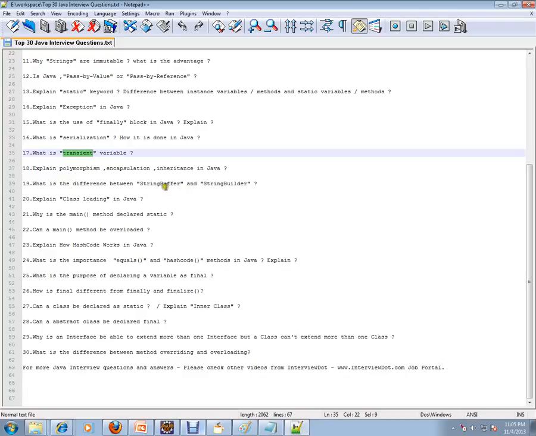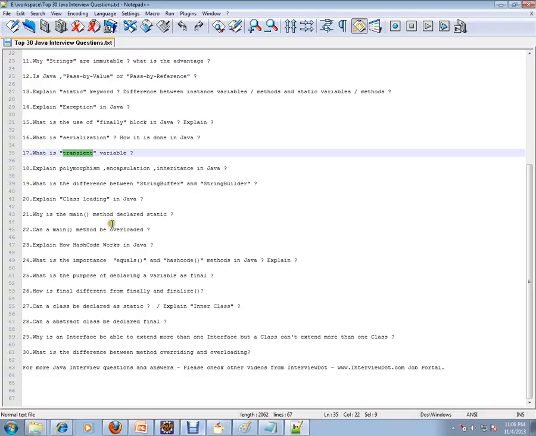What is the difference between StringBuffer and StringBuilder, which will give more performance, and when to use what? Explain class loading, how exactly the JVM looks for a class at runtime, how it loads, how it executes the static blocks and the constructor. So the bootstrap, you should know about bootstrap and the complete hierarchy in the class loader.